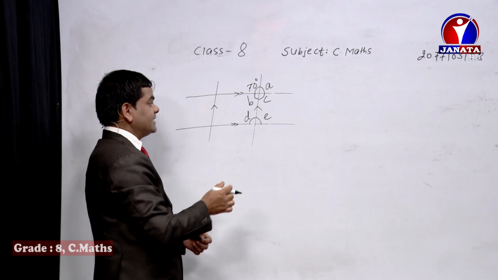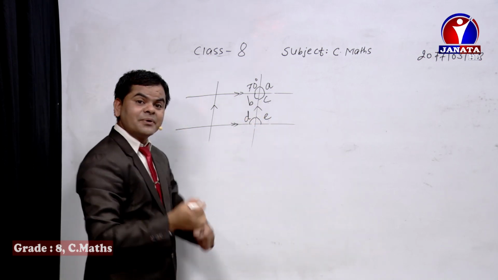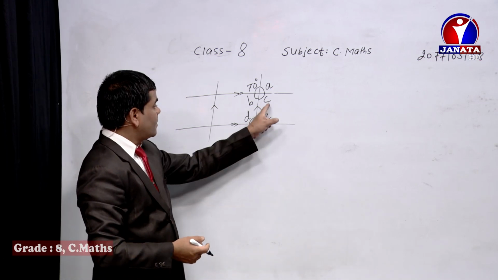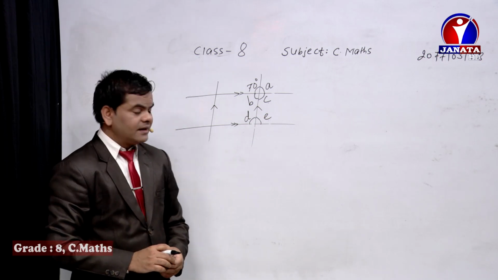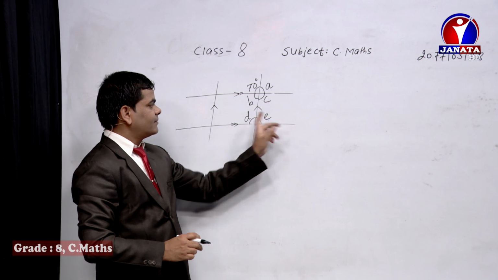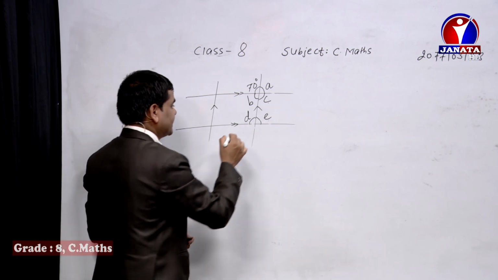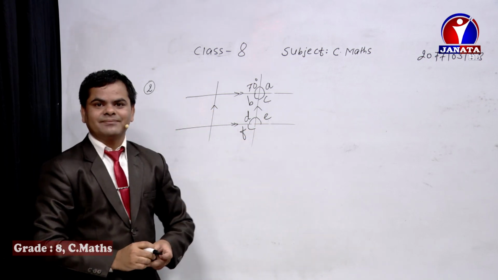Another one is C and E. As we have got the value of C, you can compare that also. That is also another way of solving. C plus E equals 180°. They are the sum of co-interior angles, isn't it? By doing so, you can have the value of E as 110° as well. Now I'm going to keep here F. How will you find out the value of F?